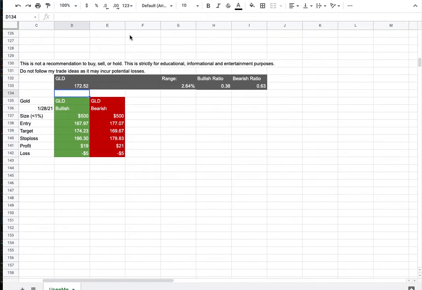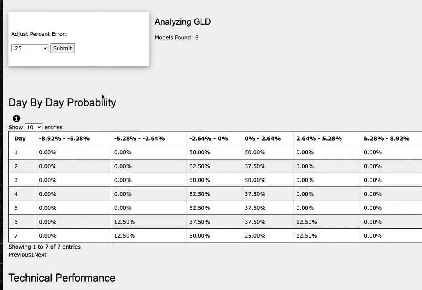So how did I develop these trading ideas? It all comes from the day-by-day probability model, which is available in the link below, so do check it out. As we progress to the 5th day or week of trading, we have a 38% chance for gold futures to climb between 0 to 2.6%, and to the downside a 63% chance for gold futures to fall between 0 to negative